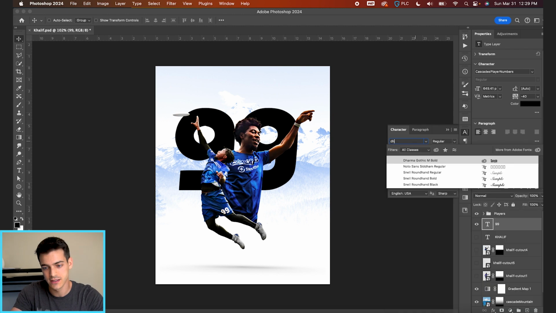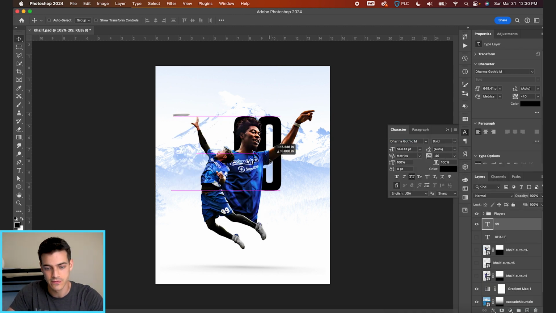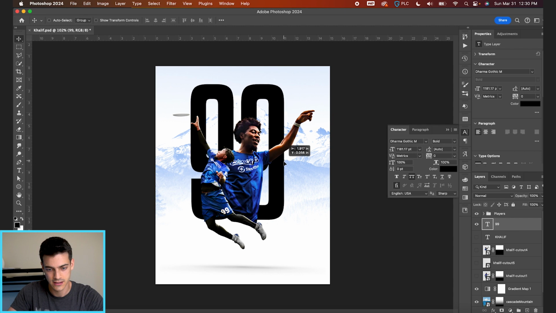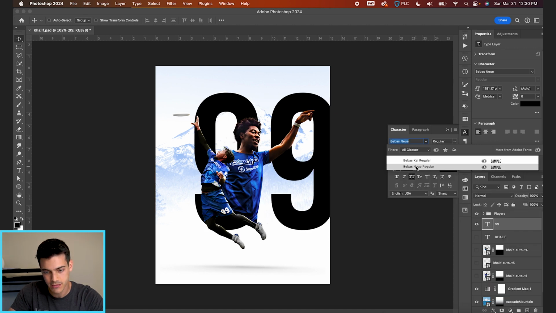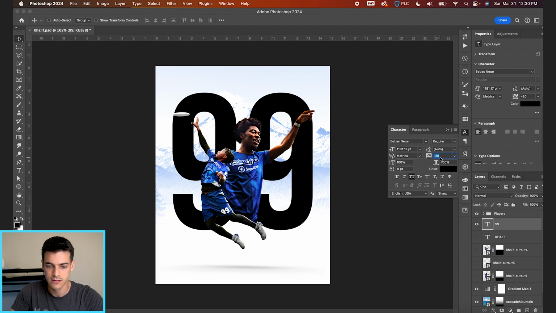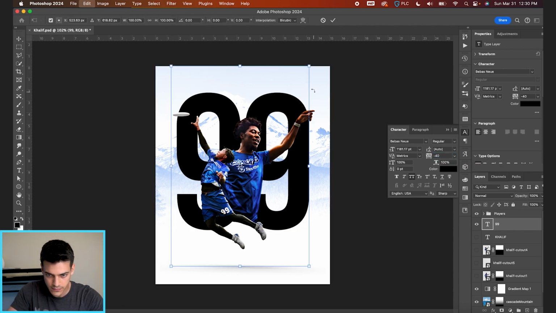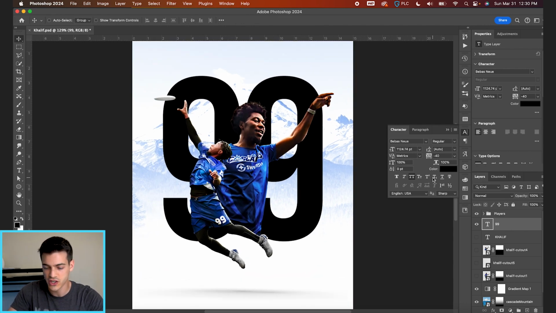Maybe I could do this Dharma Gothic. Maybe Dharma Gothic is the move. It's kind of my go-to, like, very tall, skinny font. And I just want to make sure we can read the number. So maybe we need a less aggressive one. We could try Bebas. Bebas is okay. Tighten it up a bit. Yeah, I think this is good compositionally. We'll change the color. Let's go with,